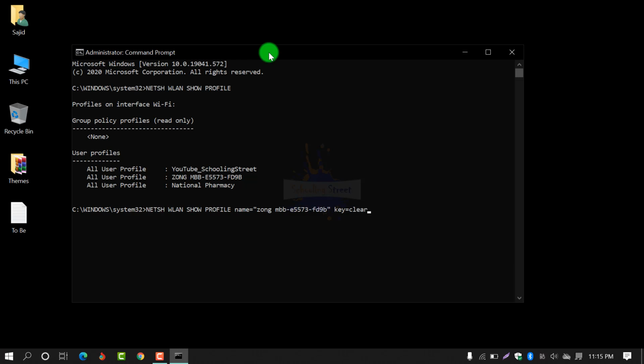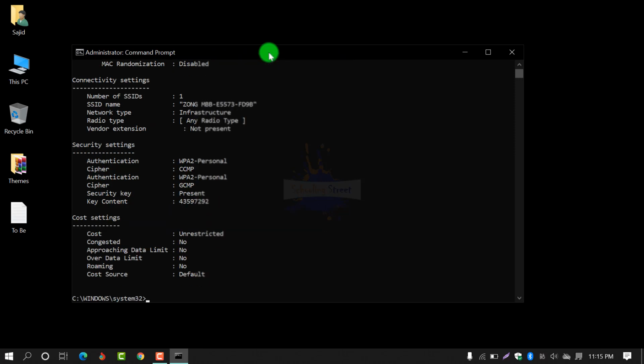By this command, the password will be shown of the Zong MBB E557-3-FD9B profile. After this, hit enter. Now you can see the key content, which is the password of this network.